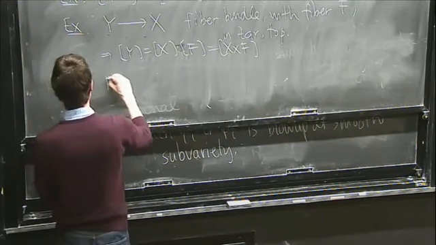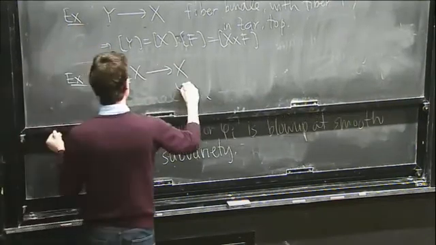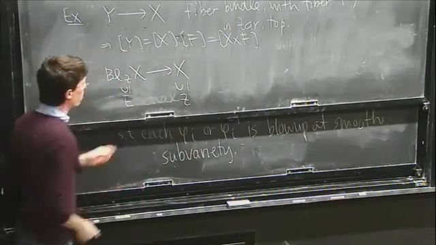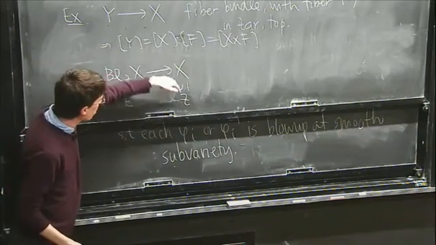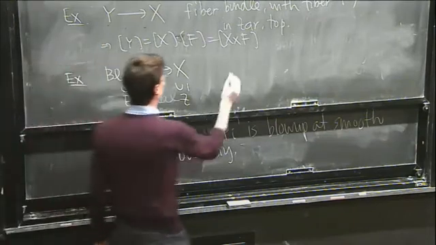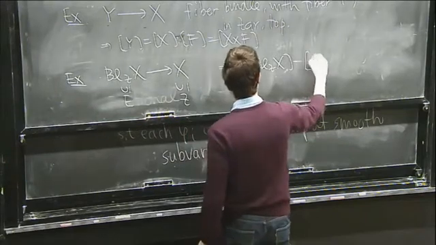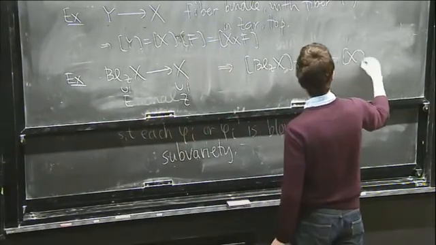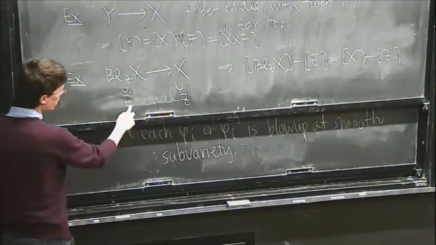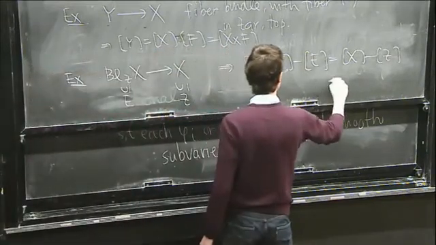Another example is blowing up, this blowing up that we looked at earlier. So here I have Z, and here I have E. I can write X as the sum of the complement plus Z, and here also. And then on the complements, I have an isomorphism. So this tells me that in this Motivic ring I have this identity here. And then I can understand E as a locally trivial P^(r-1) bundle. So this is actually the same as